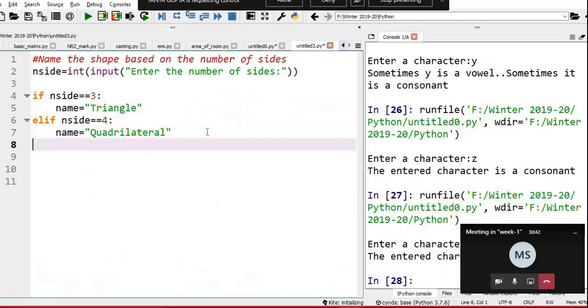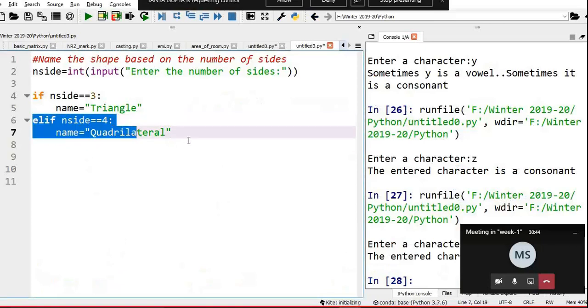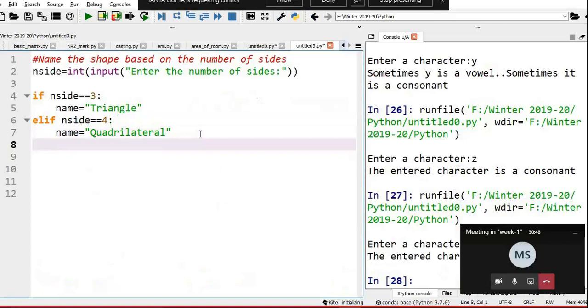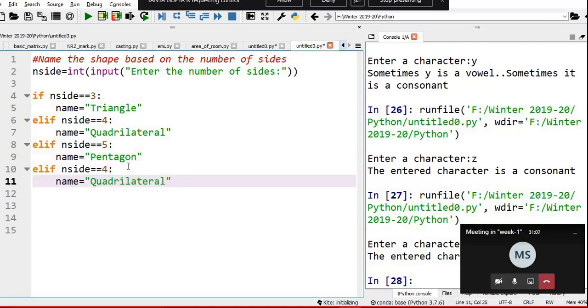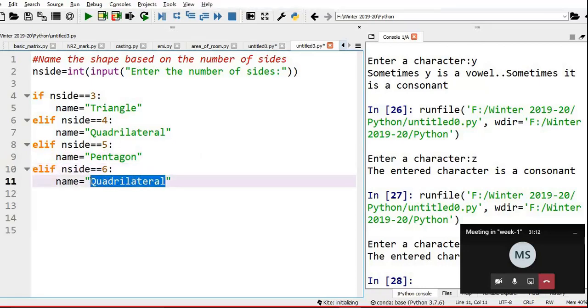To avoid typing, let me copy and I will edit appropriately. The number of sides is 5, then it is pentagon. Then the number of sides is 6, hexagon.